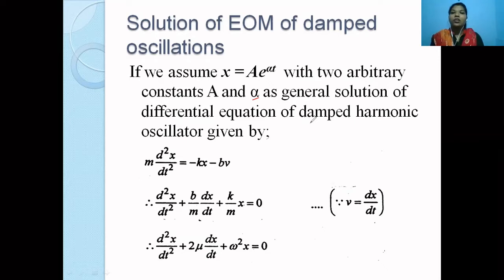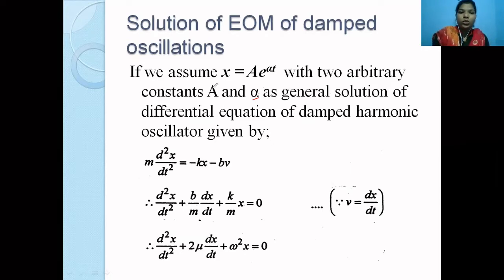The second condition is that the arbitrary constant that we have in the function should remain with the second derivative of the equation also. So if I have alpha as a constant, then this alpha should also be present when I take the double derivative, or the second differential, of this general solution. If I satisfy these two conditions, then I can say that the solution that I've chosen is the general solution of the differential equation.